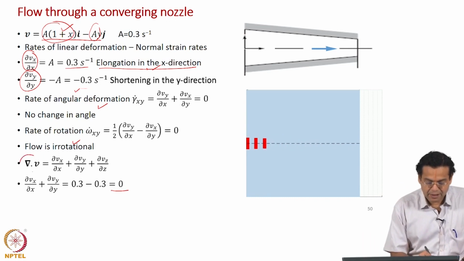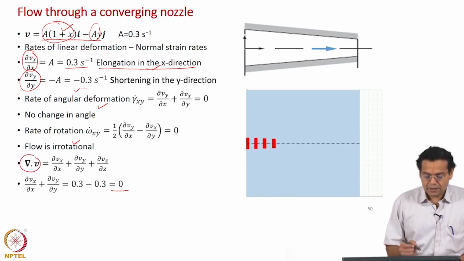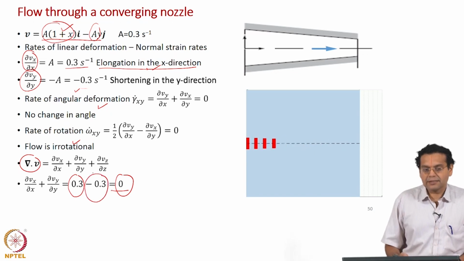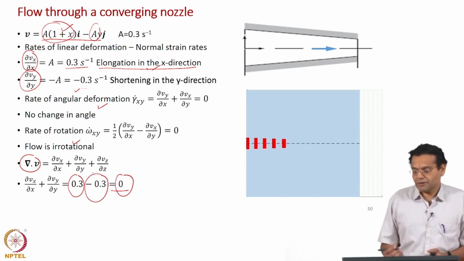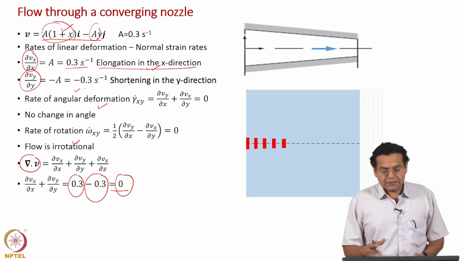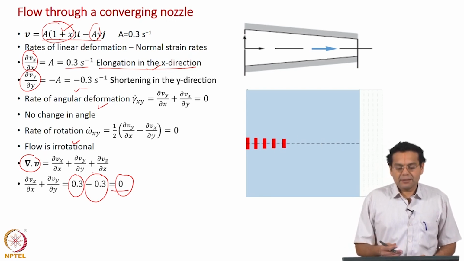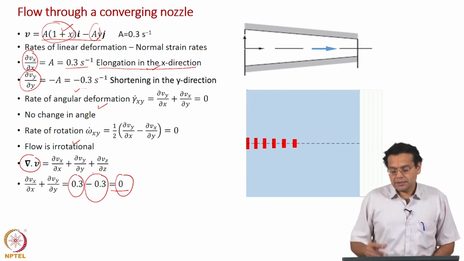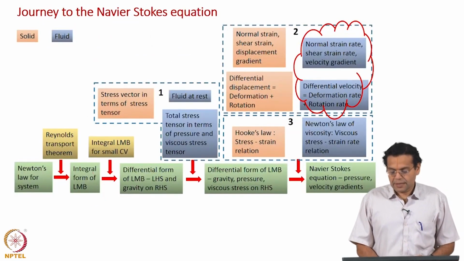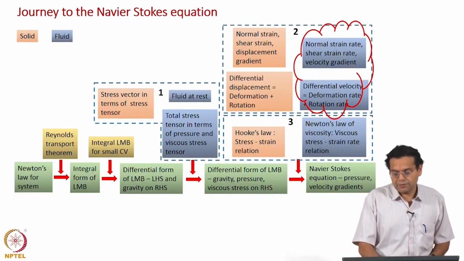Because del dot V is 0 for incompressible flow. So, when in one direction there is a rate of increase in length, there is a decrease in rate of length in the other direction. Okay. We have seen this in the previous example in terms of concepts, and just wanted to connect this example with the simulation which I have shown earlier, where we introduced the concept of particle. Okay. So, I think that brings us to the close of